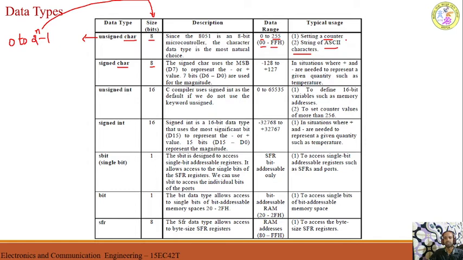It can be any number, any symbol, or any alphabet, whatever it may be, all are taken as characters and will be stored in memory once converted into the equivalent ASCII value. Whereas in case of